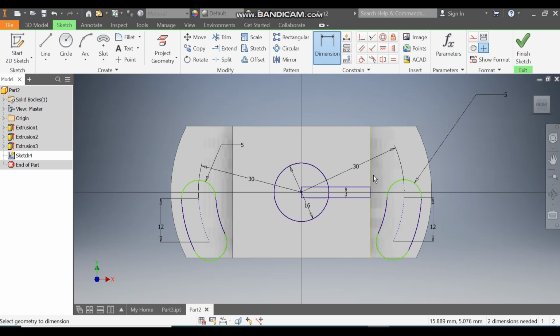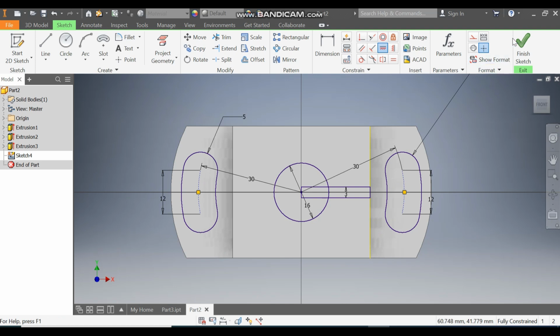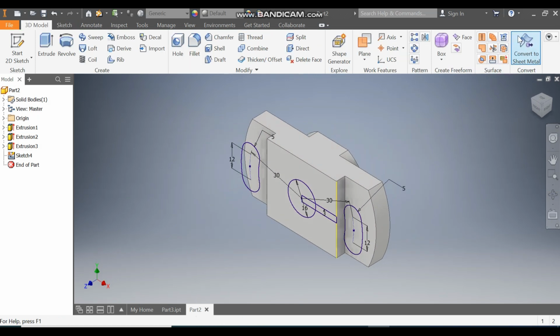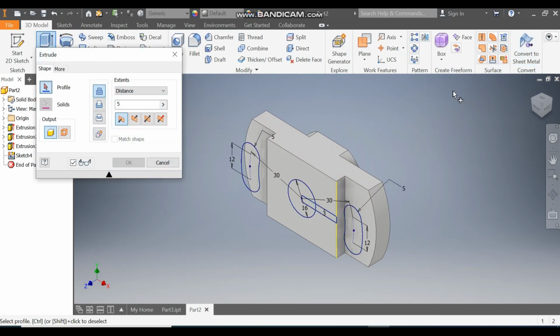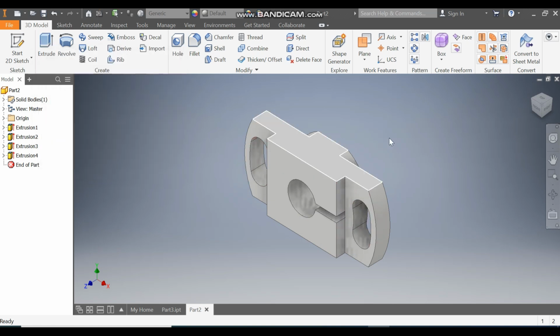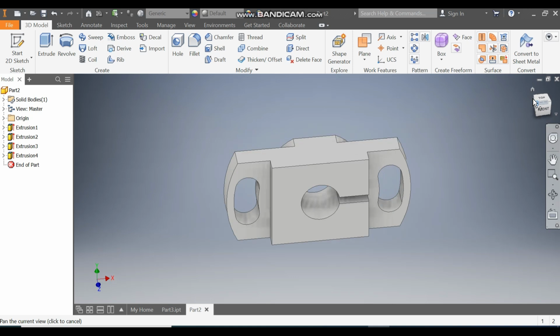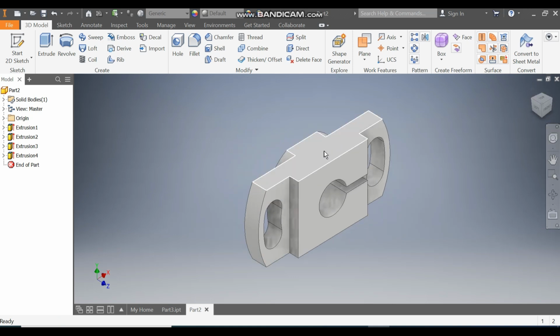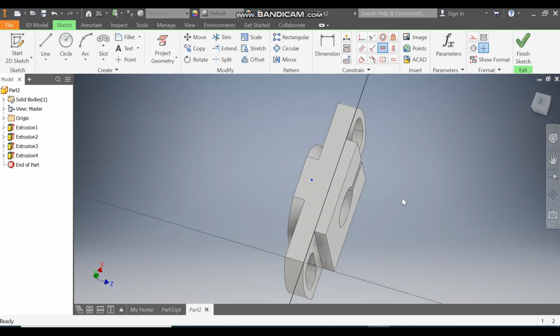Okay, now go to horizontal constraint, select this point and select the center, select this point and select the center. Finish sketch, here take extrude, select all the profiles, take here cut and here we will take all. So this will be a through cut and press OK. Okay, rotate the profile. Now select this face, go to create sketch,